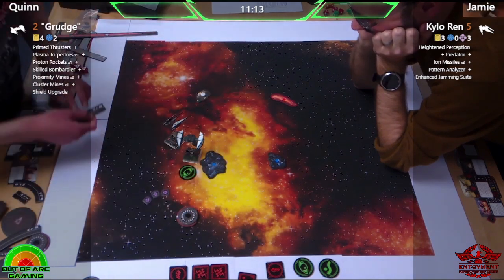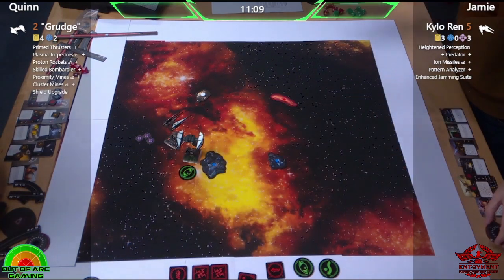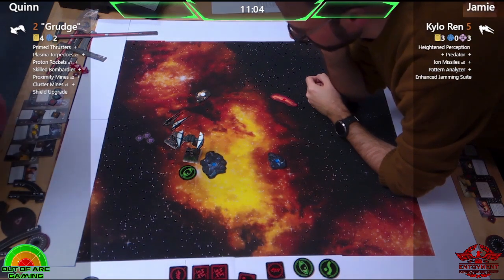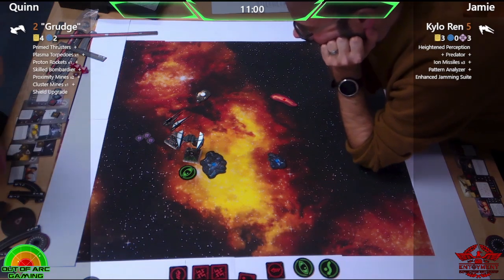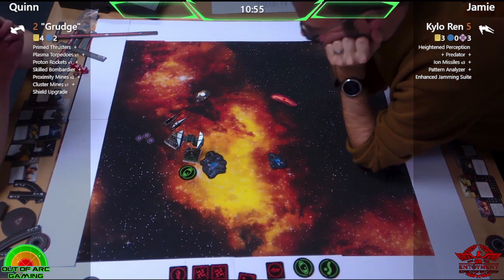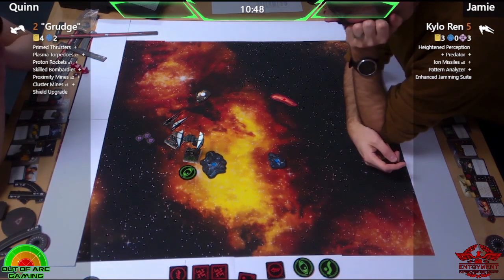Ooh. Kylo wants to move away from there, otherwise bombs are going to get hit on him. He really does. It's going to have to be a barrel roll. It's got to be. Otherwise, the cluster mines, and I'd be dropping Prox Mine. Guaranteed damage with Grudge's ability to make him reroll those dice. I see, you mean potentially just kill him outright with that one. Yeah. I mean, cluster mines would be good because...